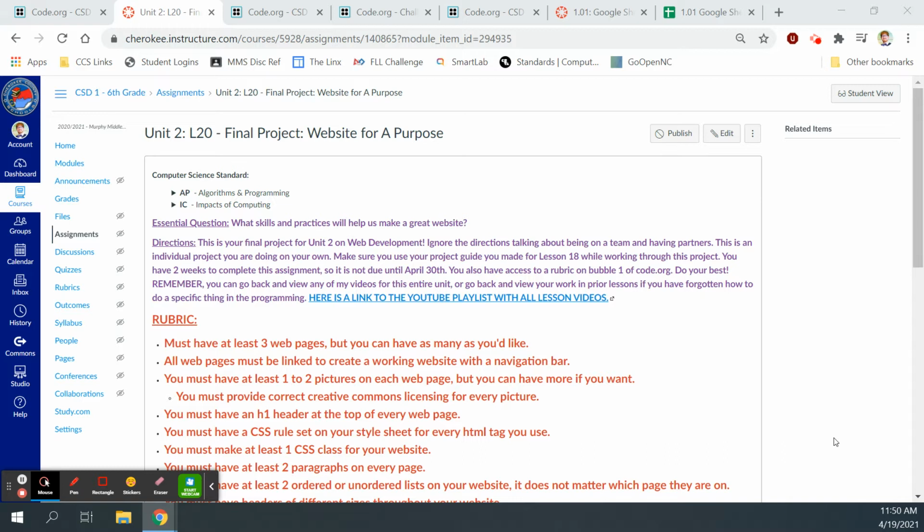All right, directions. This is your final project for Unit 2 on web development. Slow clap. All right, ignore the directions talking about being on a team and having partners. This is an individual project you are doing on your own. Make sure you use your project guide you made for lesson 18 while working through this project. You have 2 weeks to complete this assignment, so it is not due until,